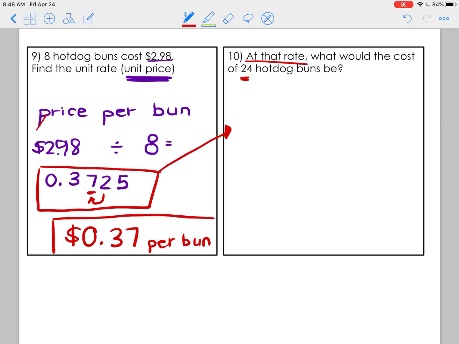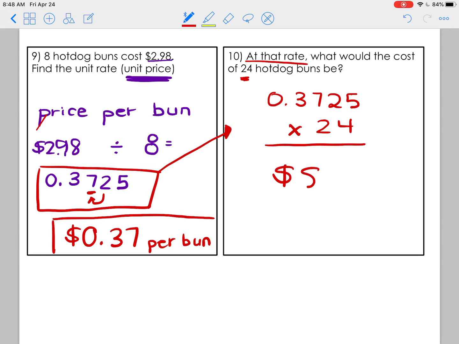So what we're going to do is take 0.3725, the price of each bun, and multiply it times 24 buns. So we can go ahead, because we used a calculator during our unit rate, plug that into our calculator, 0.3725 times 24, and we get that 24 hot dog buns would cost us $8.94. No rounding needed. We only have our 2 decimal places. So that's it,